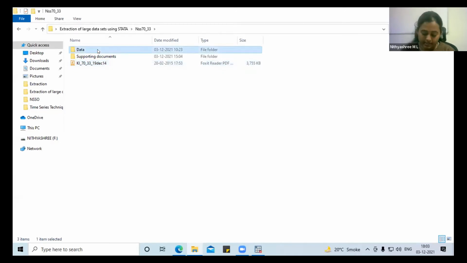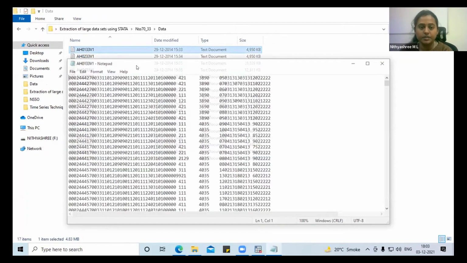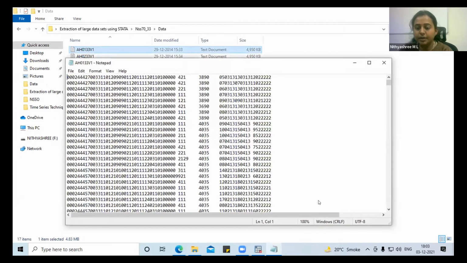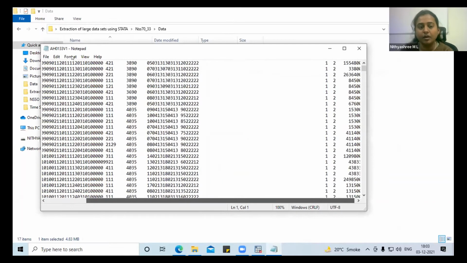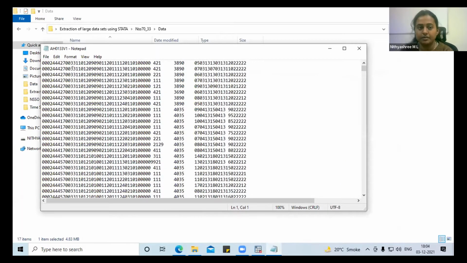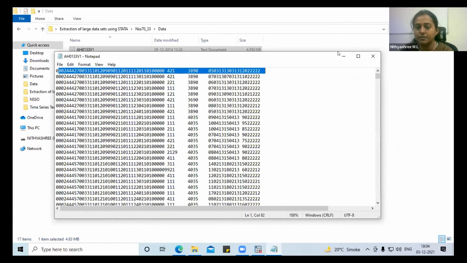Let me open this data file. So you can see the 17 items, okay, 17 text files. If I open the first one, can you see? This is the unit level data of the first section, okay. The numbers are just arranged in rows and columns.